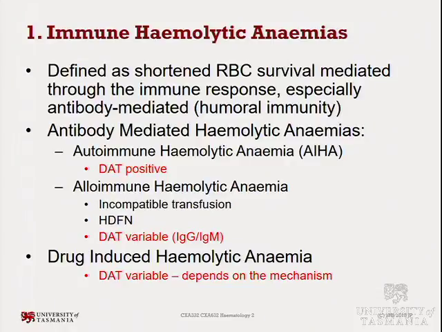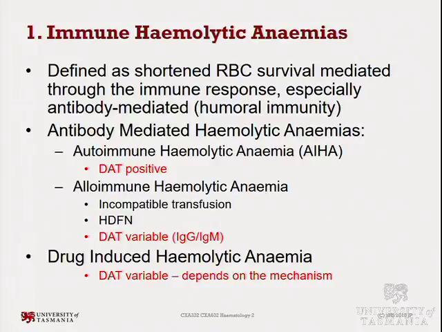It's a very easy test, and it's very useful looking at immune and non-immune hemolytic anemia. So you can see here, with autoimmune hemolytic anemias, the direct antiglobulin test is always strongly positive. With the alloimmune hemolytic anemias, it can be variable depending on the blood group that is causing the hemolytic anemia,